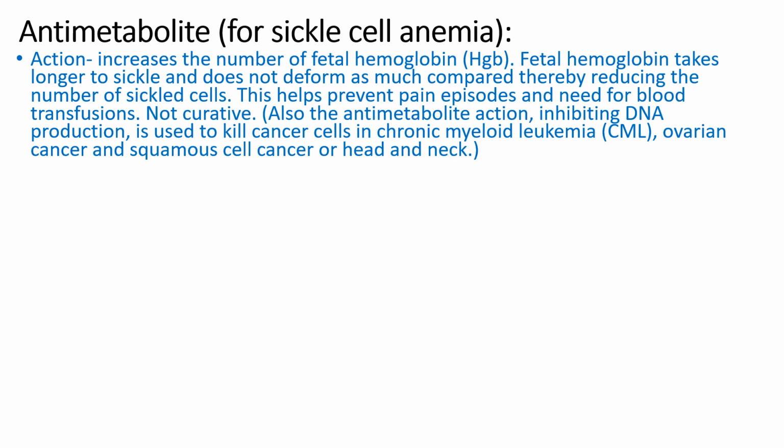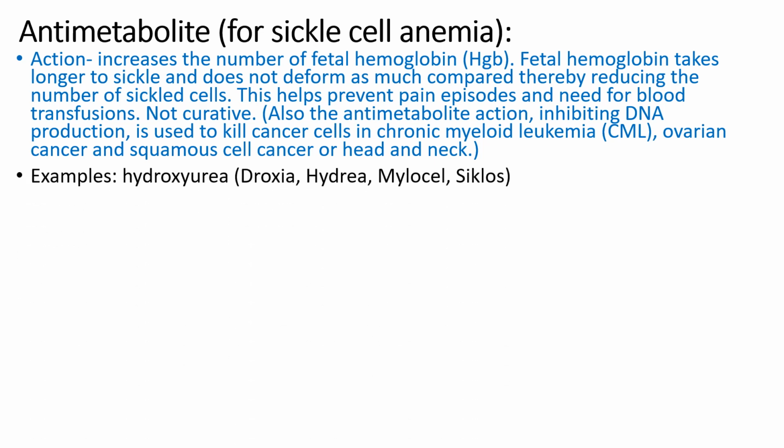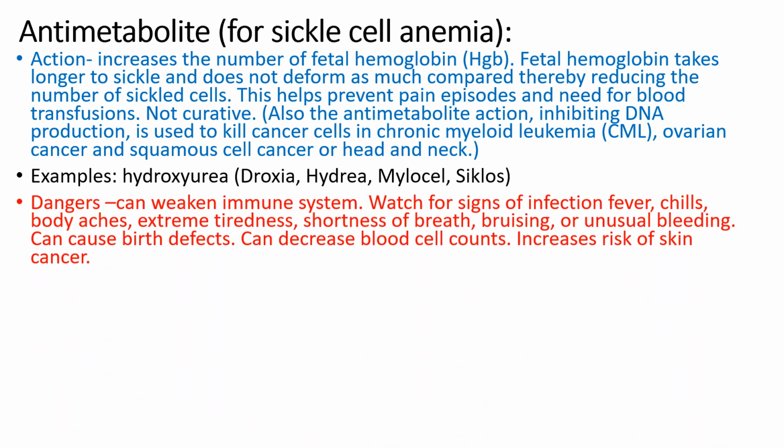Be careful though, because it is an antimetabolite. Antimetabolites, if you think about the word, stop metabolism, stop formation. It will stop DNA production. So we have to be careful when somebody's on this medication. They cannot get pregnant. It will stop that DNA in the fetus from replicating. Other uses of this drug are pictured on the slide if you're interested, but I want to stick to the anemia use right now. The medication is called hydroxyurea, and the danger is that it can weaken the immune system,